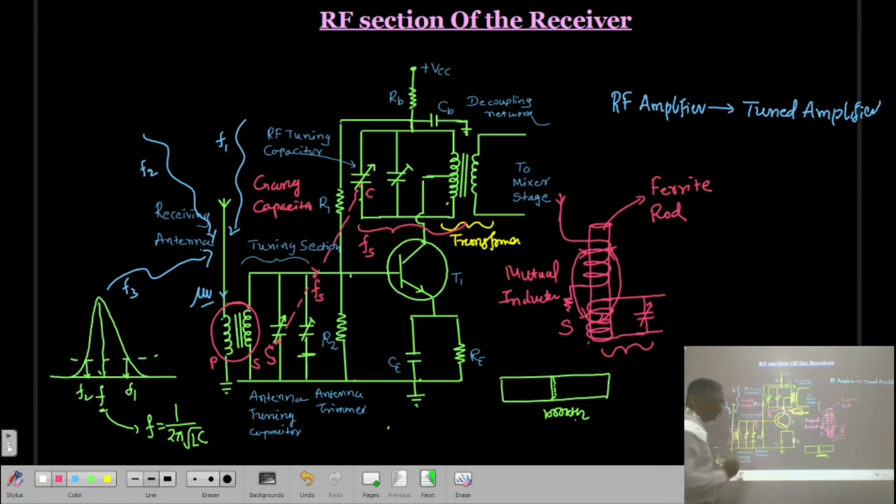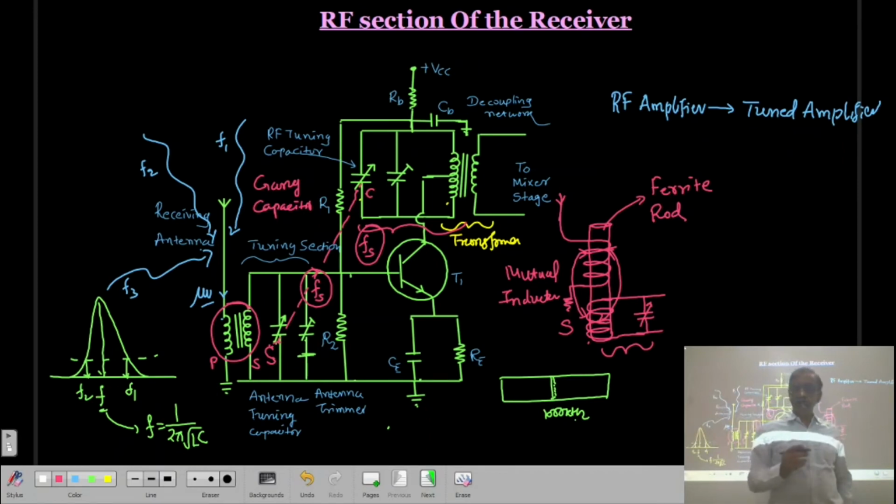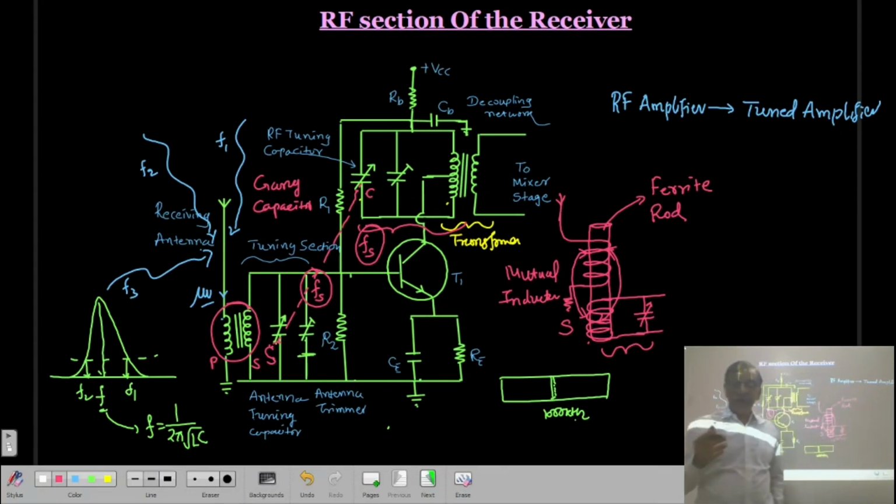Gain capacitor means the 2 or 3 capacitors are connected together. So any one of the capacitors will change, then simultaneously another capacitor will also change. Due to this, whatever frequency we tune at the input, the same frequency will also be tuned in the output of this amplifier circuit. Otherwise, a number of harmonics are also going to be generated. Remember, an amplifier will generate the frequencies Fs, 2Fs, 3Fs. But out of all this, we have to select the frequency Fs, and that is possible with the help of this tank circuit.